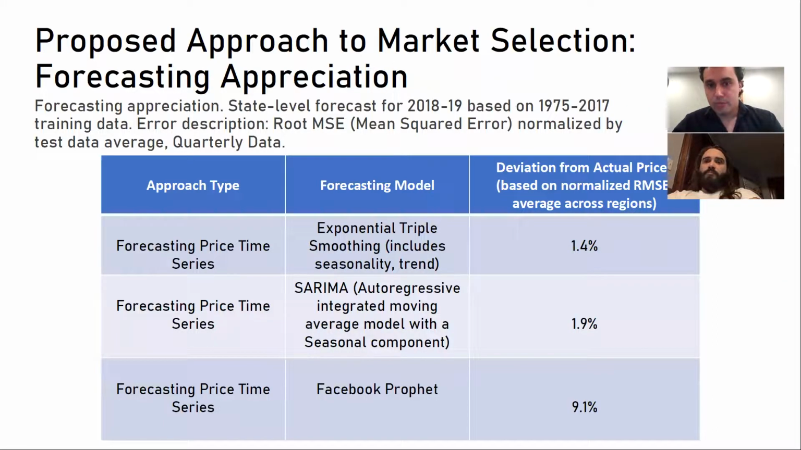And so, the proposed approach to market selection for forecasting appreciation, purely on the appreciation side, and I'm going to touch on the downside risk side after this. Purely on the appreciation side, forecast the time series. Forget about the inputs, forget about population growth, forget about income growth. It's better to forecast the time series. One intuition of that could be, any rational build-up into the price is something you do want